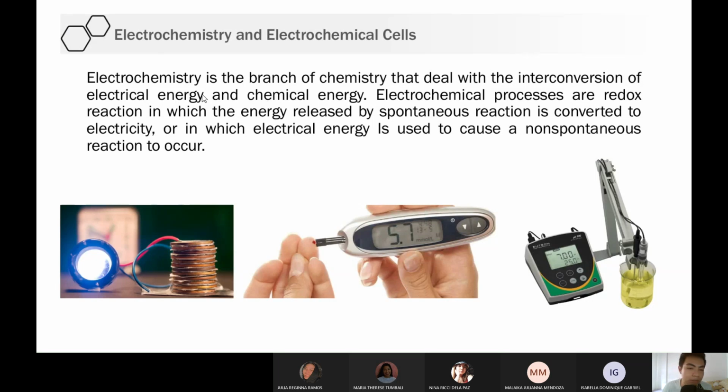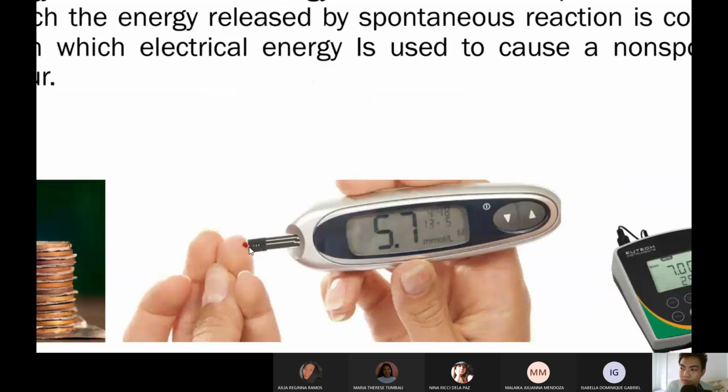And what is the possible application of this in your field, no? So remember that in your field, you are focused on quantifying matter, di ba? So for example, if you want to quantify the glucose in your blood, you use a glucometer. Okay. So in this glucometer, you have a strip, and dun mo ilalagay yung blood mo. For example, you pinch this with a lancet, then yung dugo, syempre lalabas yung dugo. Yung blood na yon, ilagay mo siya dun sa container ng strip, no?